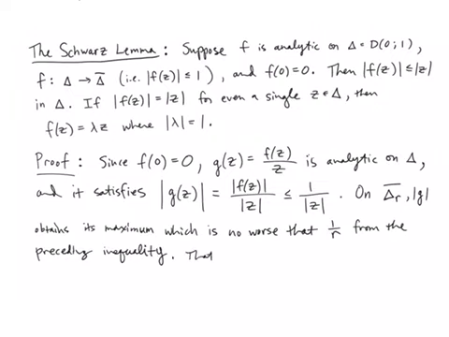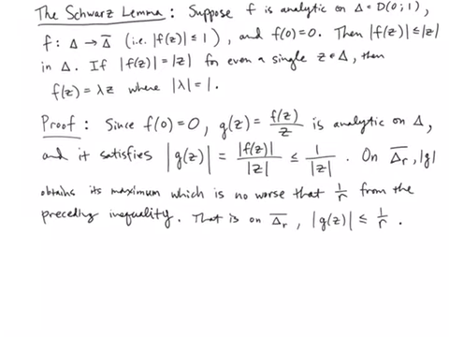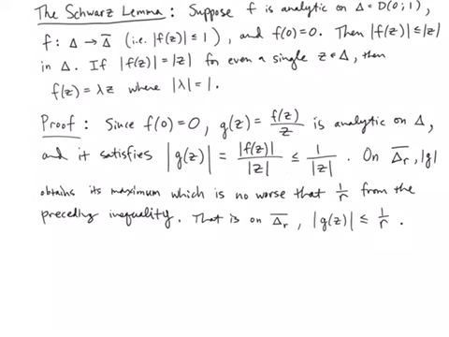So that is, on the closure of the disk of radius r, the norm of g of z is less than or equal to 1 over r throughout that entire closed disk. But now we can improve this again, because as r gets bigger, this estimate gets better, right? Because r is between 0 and 1, the closer r gets to 1, the smaller this right-hand side